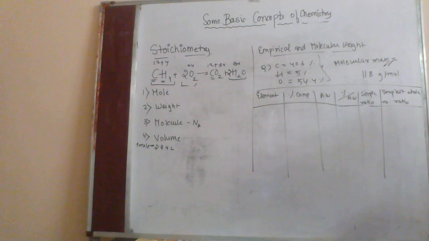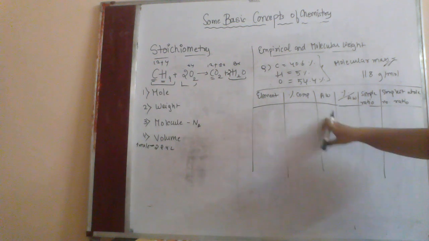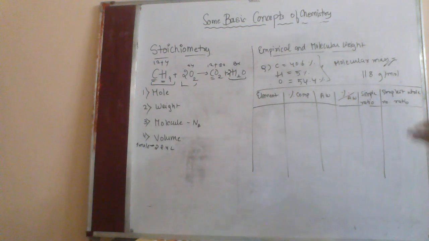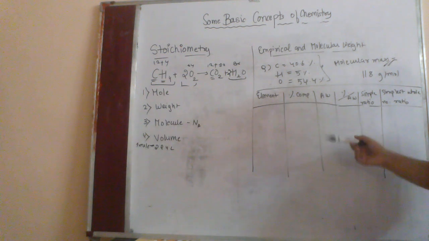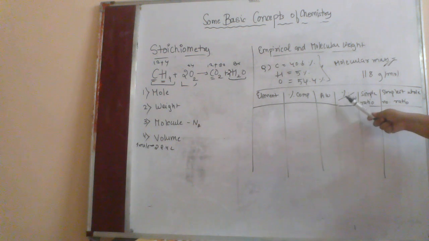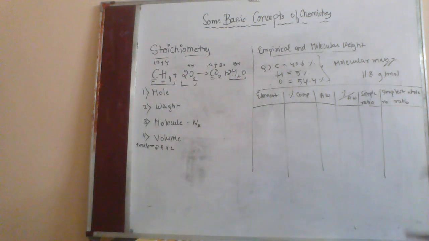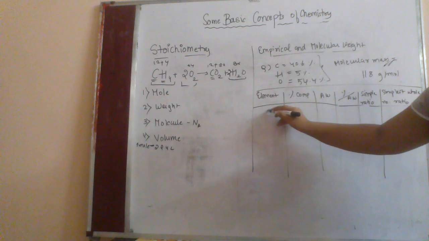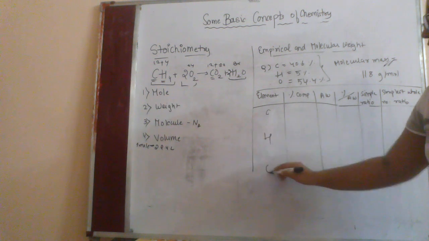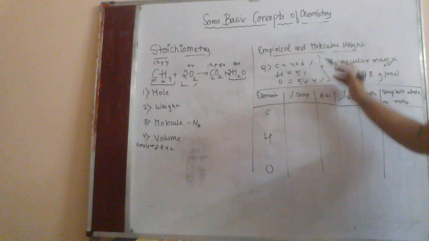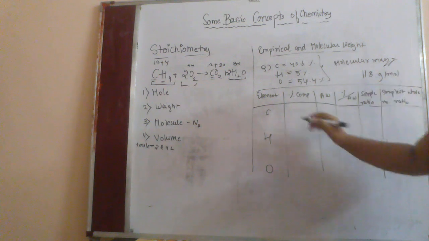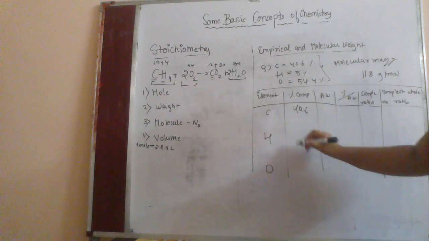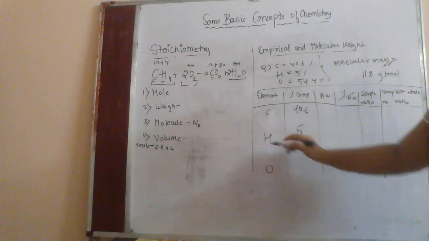It is very easy, it just needs 6 columns. After drawing these 6 columns, name them: element, percentage composition, atomic weight, percentage composition divided by atomic weight, simple ratio and simplest whole number ratio. Next we'll write down the elements, that is carbon, hydrogen, oxygen. The next step, write down the percentage composition, whatever is given: 40.6, 5 percent, this is H, and this is